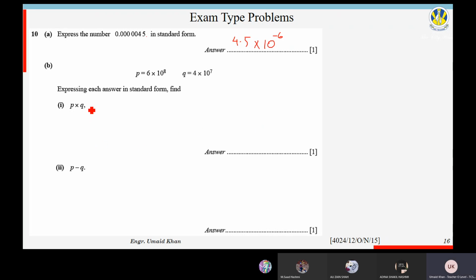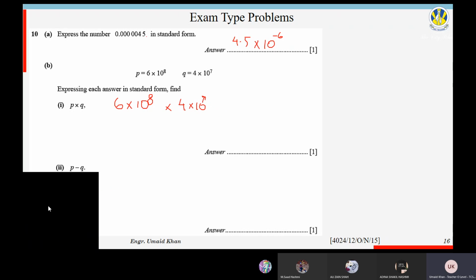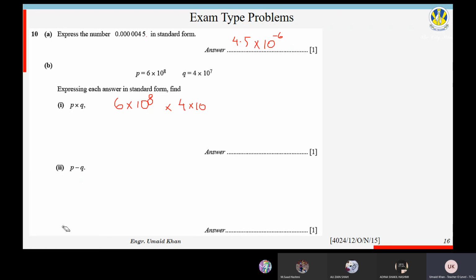Okay. Next question. The first part will be easy. The second part will be a bit difficult. So first we have to find out P multiplied by Q in standard form. So let's write it down first: 6 into 10 raised to power 8 multiplied by 4 into 10 raised to power 7. I am doing this solution in front of you so that it becomes clear to you how to use